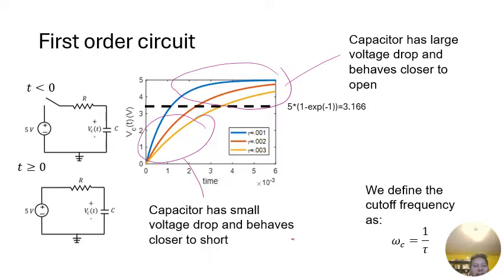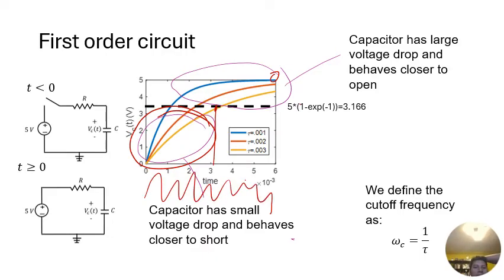Okay, so just to reiterate, a capacitor has a small voltage drop and behaves closer to a short. So if we don't have enough time to get into the steady state or to get to that 5 volts, then the capacitor behaves closer to a short. So if this signal is oscillating very rapidly, the capacitor never charges or discharges or never quite reaches that V infinity value. Whereas in contrast, if the voltage is changing very slowly or we're at a low